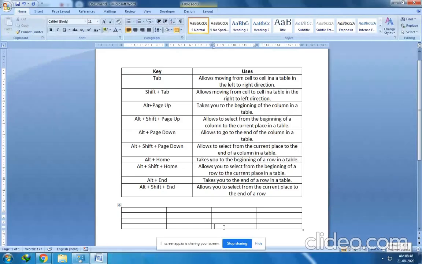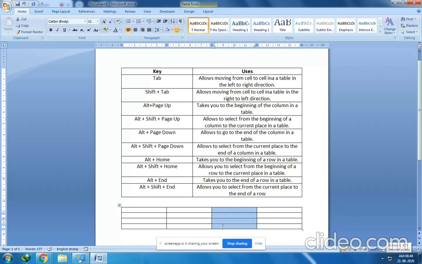Now after pressing alt plus shift plus page up, what happens? From the current position, all the cells of that column only are selected till the first cell.